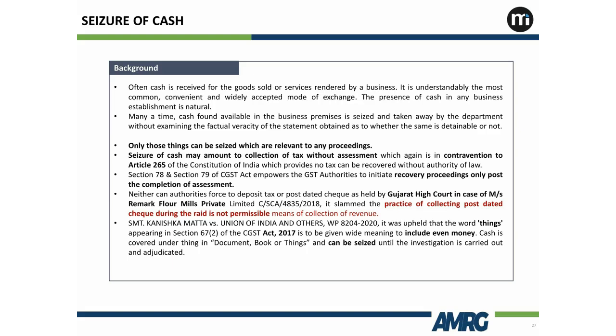एक बड़ा अच्छा ये पॉइंट है, वो कहते हैं कनिष्का मेहता एंड वर्सेस यूनियन ऑफ इंडिया के अंदर केस आया था। It is to be given that what we can seize is documents, books and things. So in things they say even money is included and thereby money can be seized. Please note there is a difference. प्रॉब्लम कहाँ पे आती है? मैं आपके घर आया, मैंने आपके घर से पैसा उठा लिया 1 करोड़ रुपए और उसको सीज कर लिया।